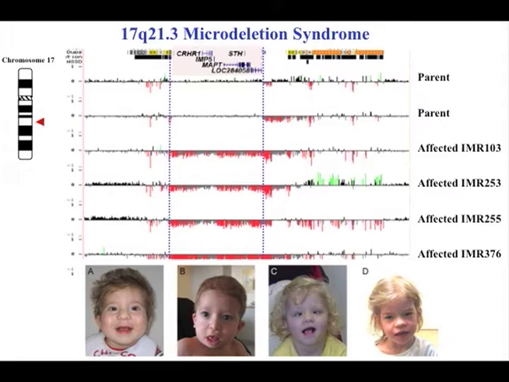And when we tested the parents of each one of these, the parents did not show any evidence of this deletion of this critical region. So we looked at over 2,000 controls when we did this study. These are typically developing individuals, and no one carried this particular deletion. Since then, we've actually analyzed close to 20,000 controls. We've never observed this deletion in the normal population once.